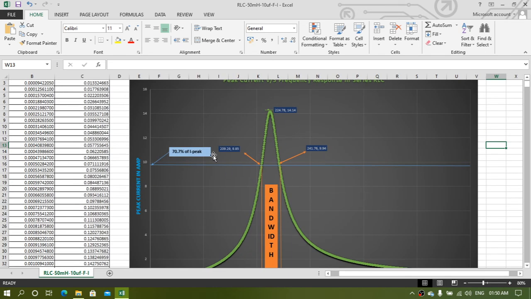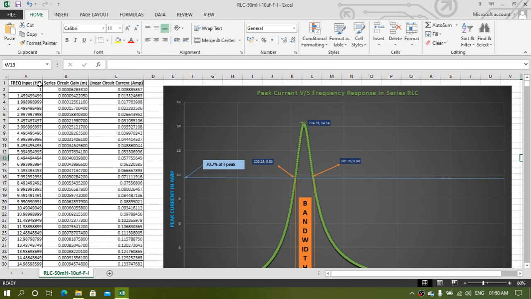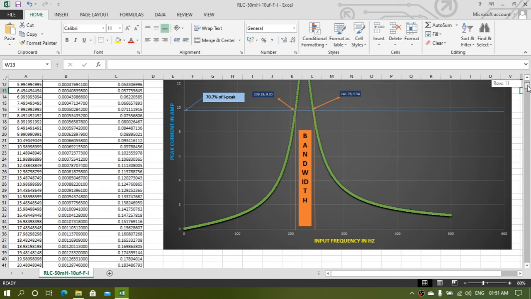Okay, so we'll see the same data will be there at the left hand side. Frequency, this is your input frequency, this is your current gain from Proteus, which we got from Proteus, and after conversion this is our peak current, linear peak current output.